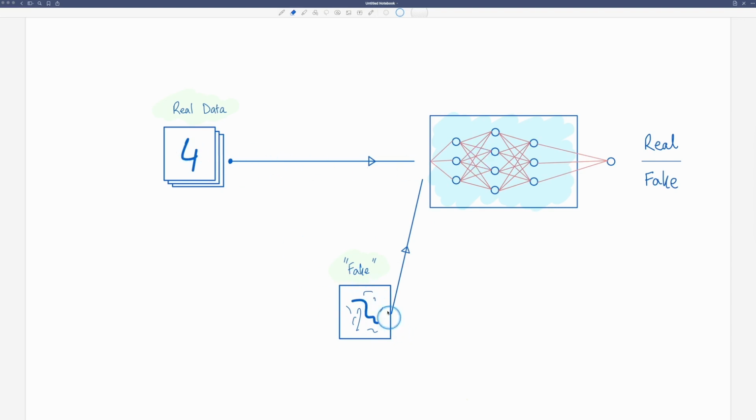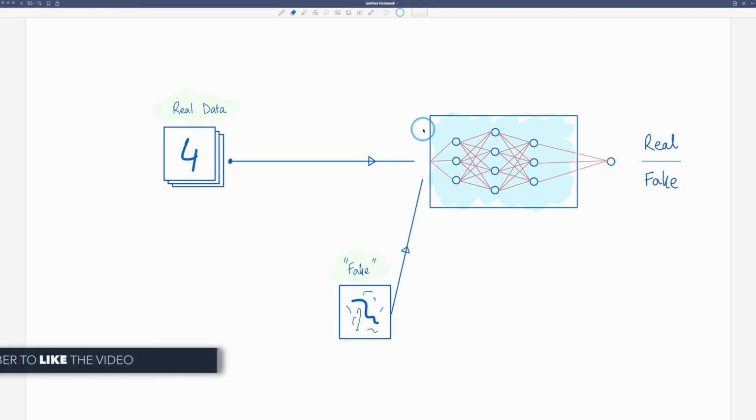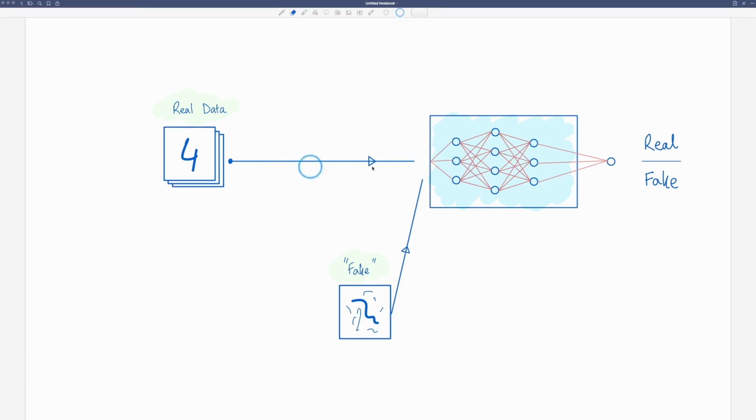The problem we have is, where does this fake come from? How are we going to generate this fake, and how are we going to learn from the information that is given to us? But for now, understand that this portion over here is called the discriminator. It only does one thing. Given some note, it decides whether it is coming from the real portion or the fake portion.